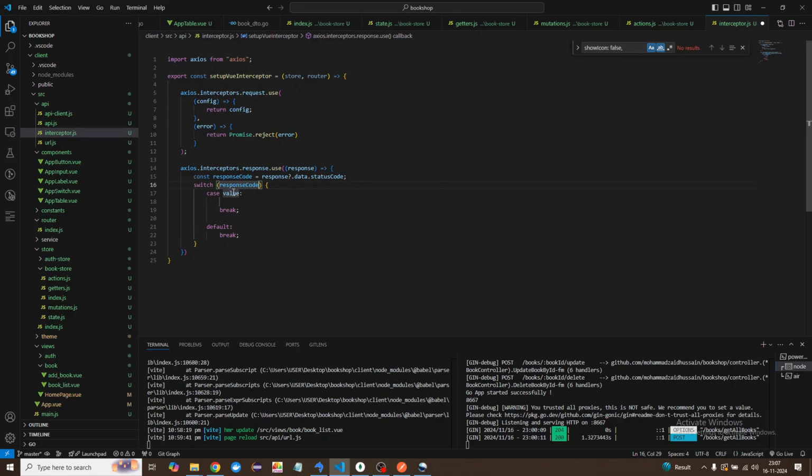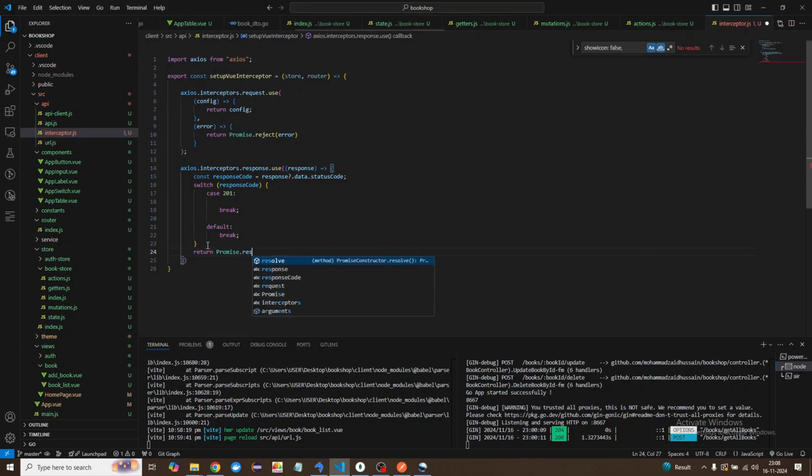Next, what you need to do is match it with a certain condition, right? For example, let's say you are matching with 200, okay, not 200 but let's say 201. In that case, 201, when we are returning 201 only in case of delete or update, right? So for now let it be as it is, and then finally what we are going to do is return